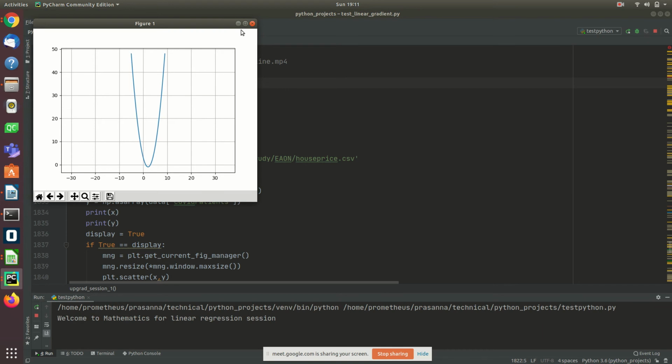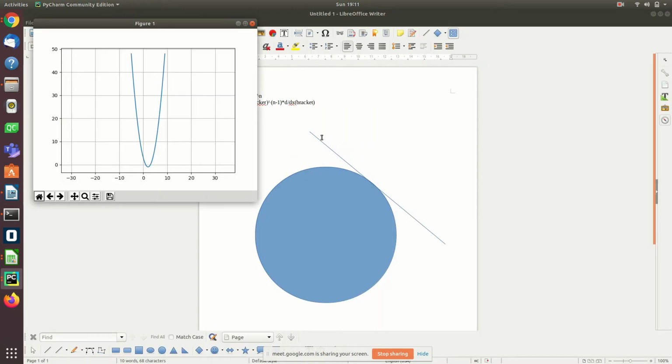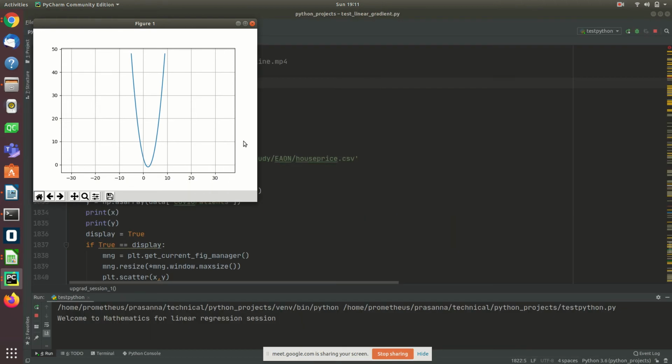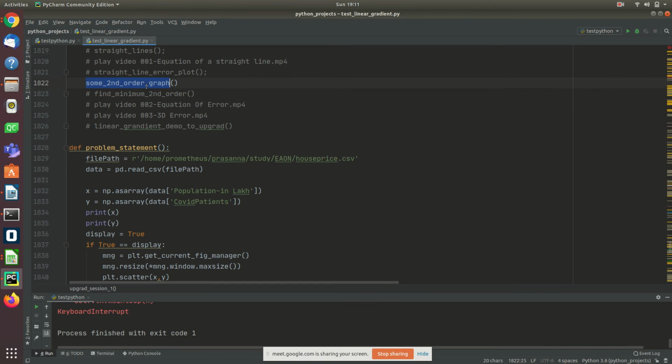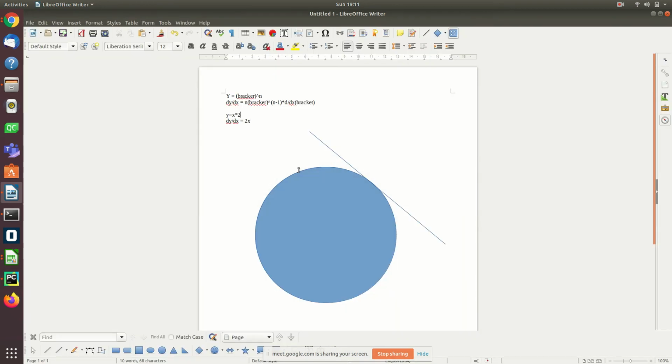Before doing that, I'm really drawing this, because what we drew earlier was an error graph. Now we are trying to really draw a graph with the equation. I will show you the equation. The equation I'm making is x square minus 4x plus 3, which is simply y is equal to x square minus 4x plus 3. Sorry for that.